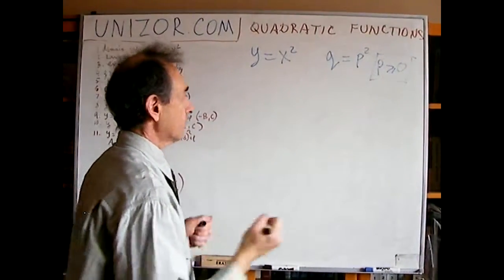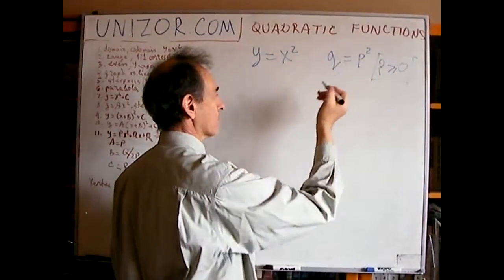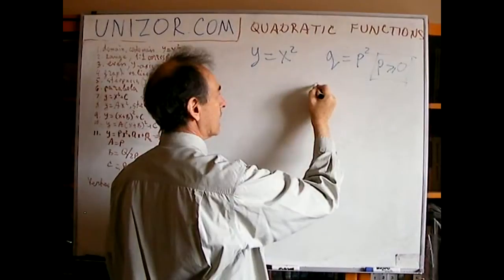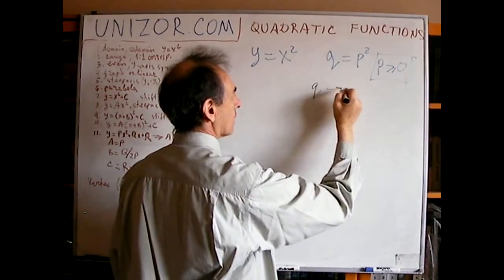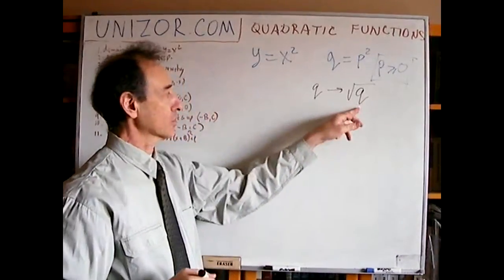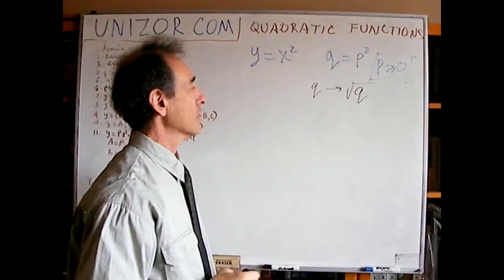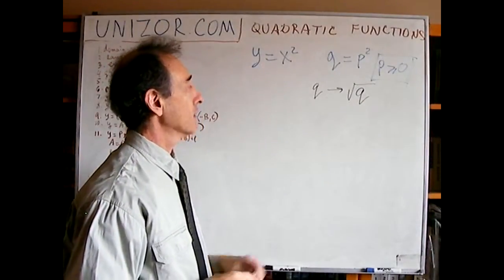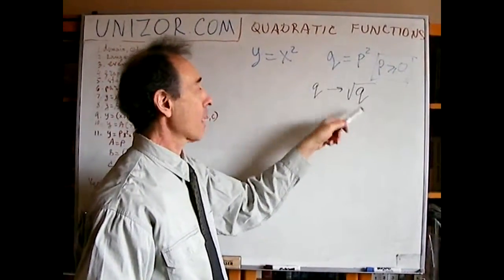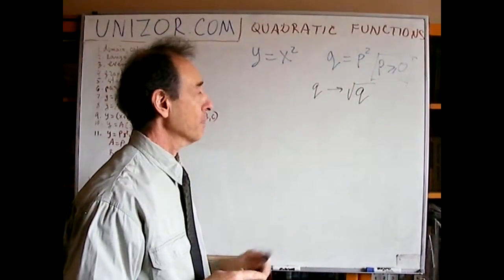Now, if I have any p, I will obviously get some value of q. But if I get any q, then I can always take the square root of q, the arithmetic value of the square root of q, positive or equal to 0. And that will be an argument, the square of which, substituted into this function, will give q. And if you remember,